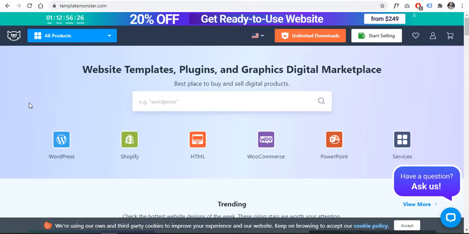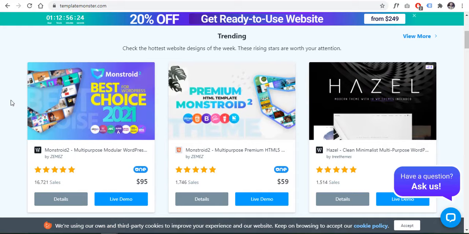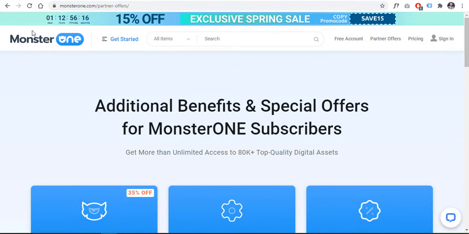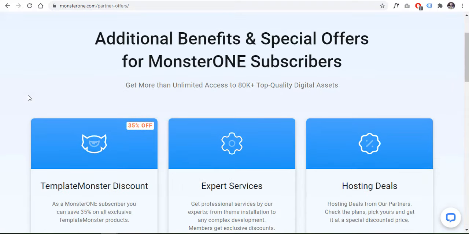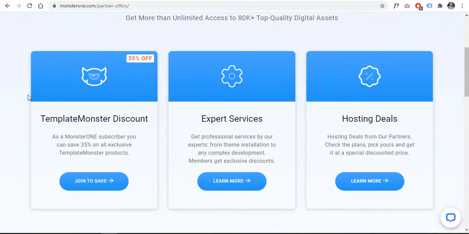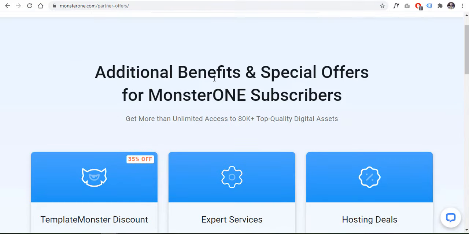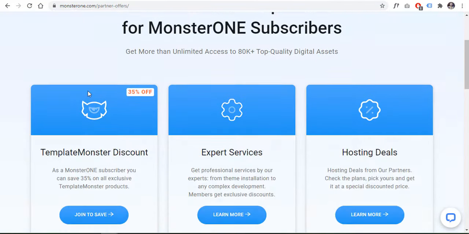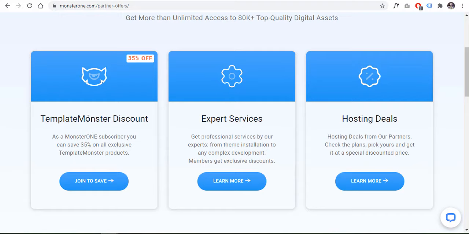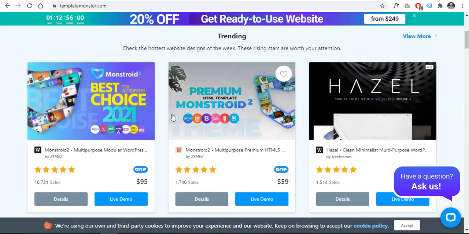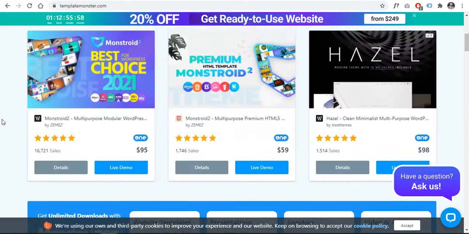Template Monster Marketplace is the parent marketplace which offers you all the digital items that can be purchased exclusively, while on this additional Monster One Marketplace you get a subscription plan to use various products included in the specific plan. So by joining any of the plans from Monster One, you get an additional 35% off when you purchase any product from the Template Monster Marketplace.